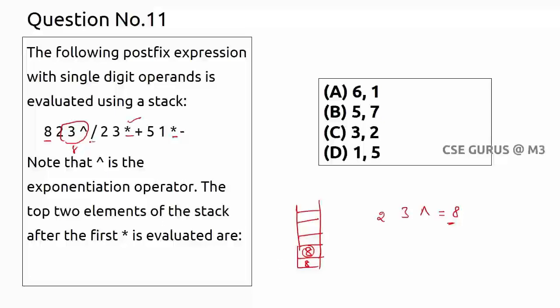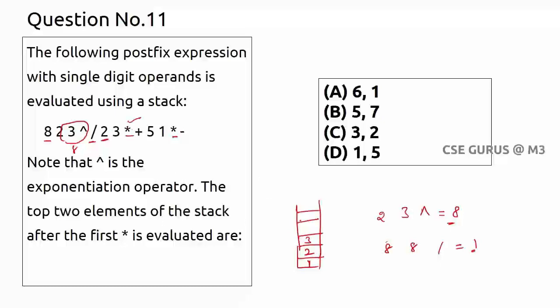Now what is the next symbol that you are getting? Operator, right? So slash. Whenever there is an operator, I have to pop the top two elements. What are the top two? Anyway, two elements are there, 8 and 8. 8 divided by 8, which is 1. So I have to remove these two, and 1 will be pushed onto the stack. Now 2 comes. So when 2 comes, I'll push into the stack. 3, I'll push into the stack.